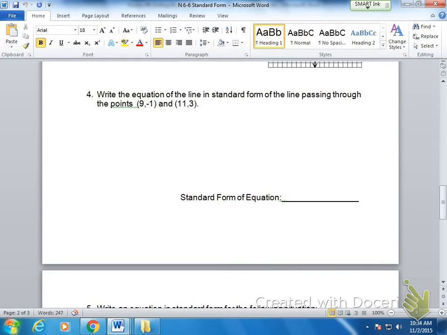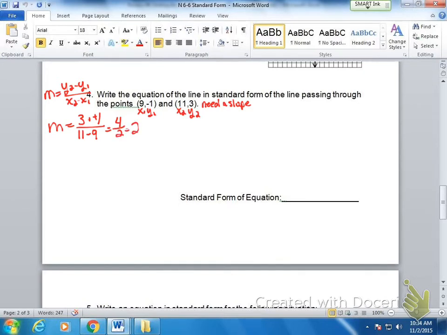So the things we're going to have to do here is we need a slope, or m. Now, luckily, we've got 2 points. I'm going to call them x1, y1, x2, y2. And we have the equation m equals y2 minus y1 over x2 minus x1. So if we plug those things in, we can go ahead and find our slope. So let's see, m equals y2 minus y1, 3 minus -1. So we got a double negative there. Then over x2 minus x1, or 11 minus 9. So 3 plus 1 is 4, 11 minus 9 is 2,